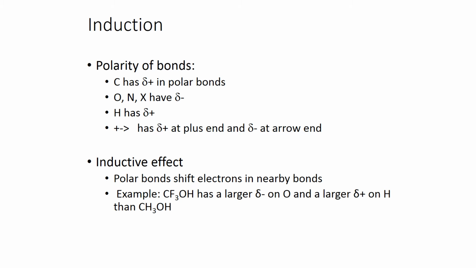They're polar. The oxygen, the nitrogen, and the halogens all are going to have a del negative on them, and the carbon always has a del positive on it. Hydrogen, when attached to oxygen, nitrogen, or even carbon, we tend to ignore that, but hydrogen, when attached to oxygen or nitrogen, will have a del positive. So keep in mind, del negative on oxygen, nitrogens, and halogens. Carbon and hydrogen will have del positive. Okay,